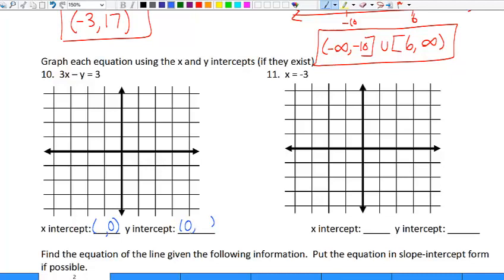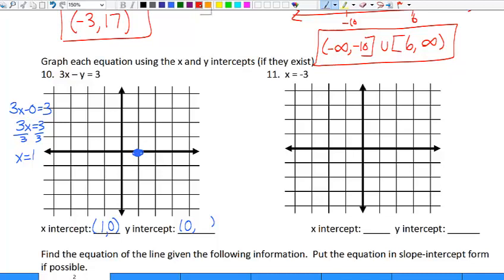those information to graph. So on this first problem, when I'm finding the x-intercept, I know that's some value comma 0. So if I plug in 0 for y, then I get 3x equals 3, and x is equal to 1. So I can plot 1, 0 on my